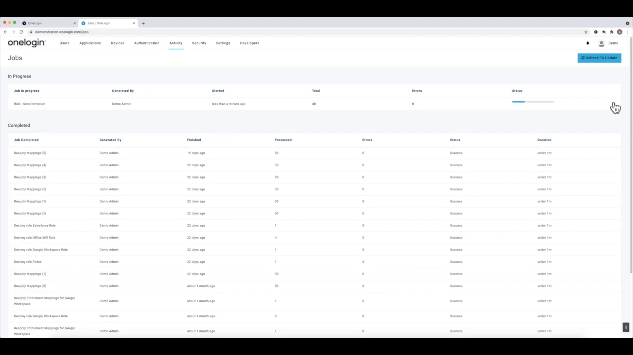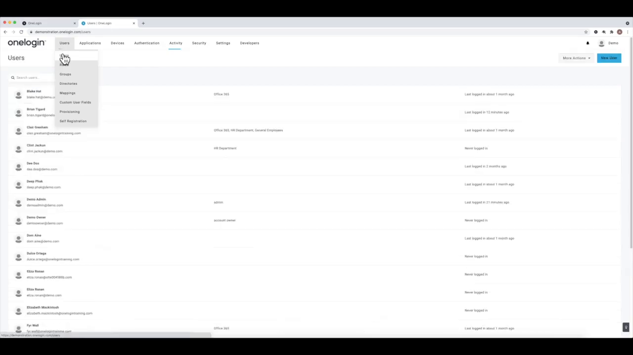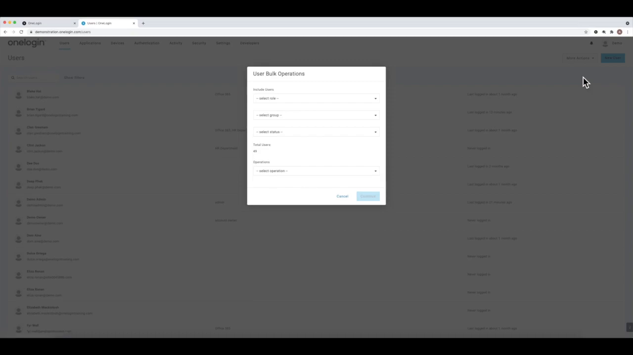Click stop. Okay. Mainly this page though is for monitoring, tracking progress, as well as seeing whether particular jobs that have been run were successful or failed. And if they failed, you can actually get access to some error messages through here. But the main piece: main users menu, bulk operations. I can trigger them by going to more actions and choosing